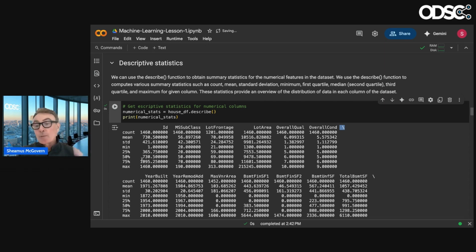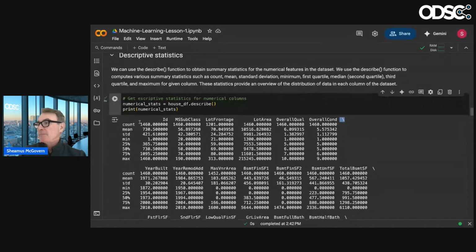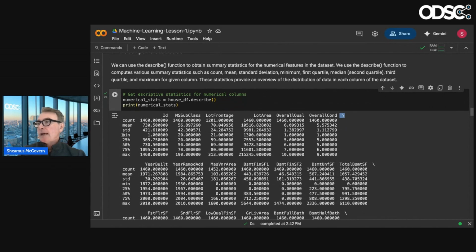So when you're thinking about normalization, scaling, this is where your mind starts to think, okay, what am I going to do with this data, right? Lot frontage, min, max. I have some missing values here. I'm trying to look for something with a high min and max. Lot area, the standard deviation is quite high there. That's 10,000 square feet or whatever. We got a 1,300 lot, which is quite small, to a, wow, that is a big lot. That may even be an outlier, right?